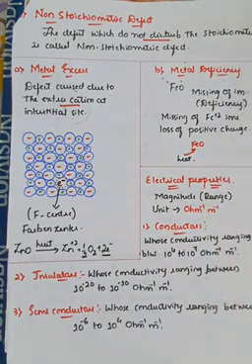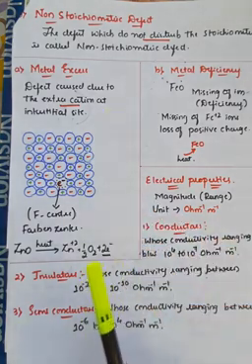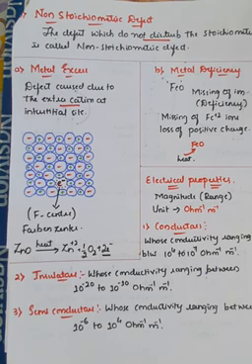Right. So this is about the defects which we can see in case of solids. One is a stoichiometric defect, second one is impurity defect, and third one is non-stoichiometric defect. And the most important question in that is 2 marks: differences between Schottky defect as well as Frenkel defect.